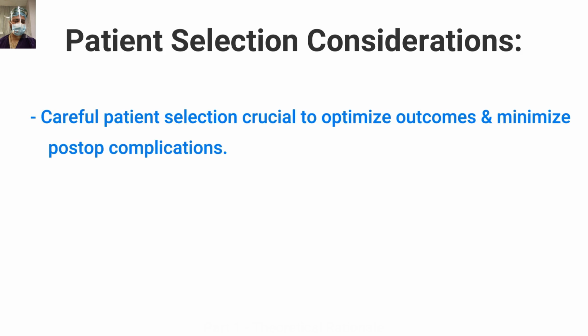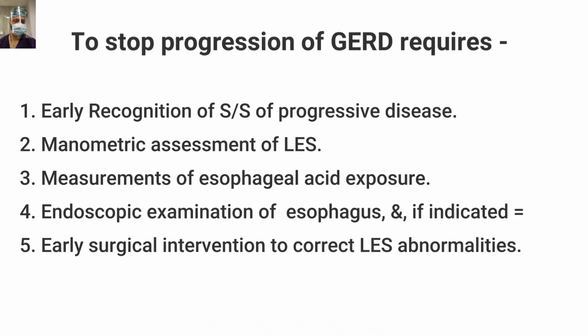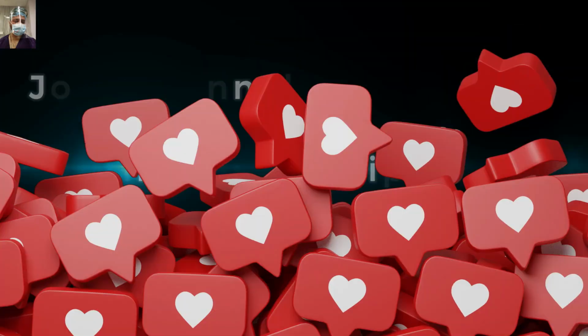is having severe GERD, that all of us understand that the single most important factor in the development of GERD, stopping the progression of the GERD, requires early recognition of the signs and symptoms of the progressive disease. The common denominator of the GERD will be disappearance of the force that immediately and exclusive access to the premium as a link